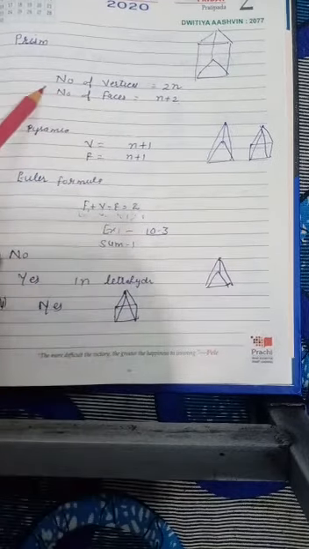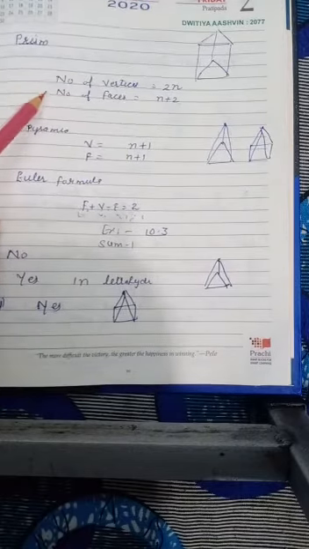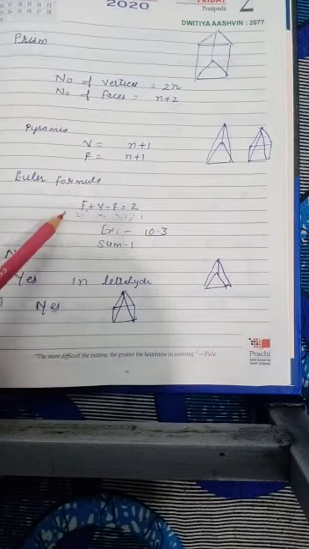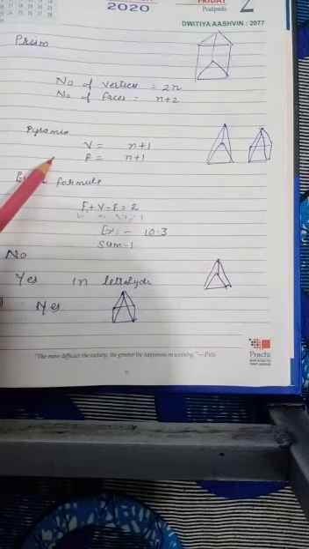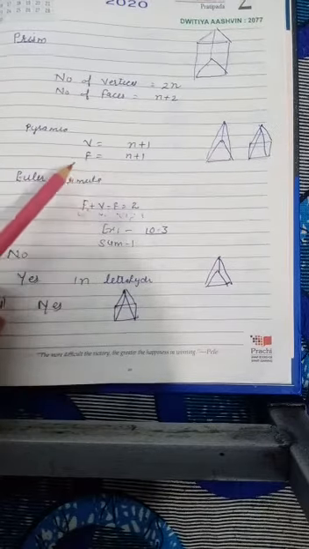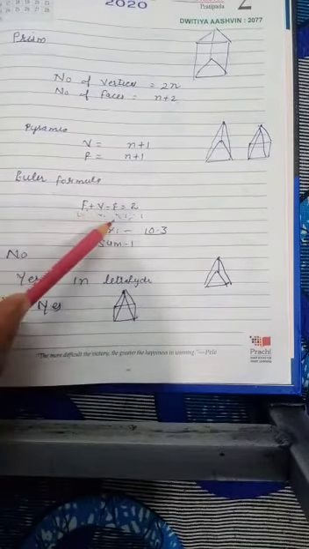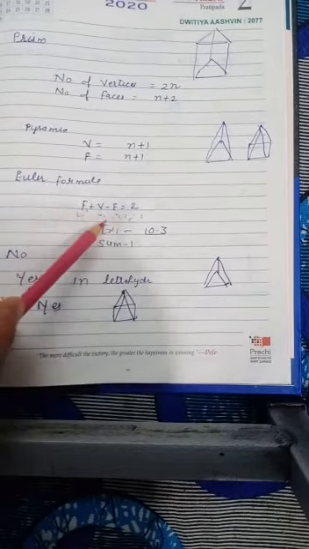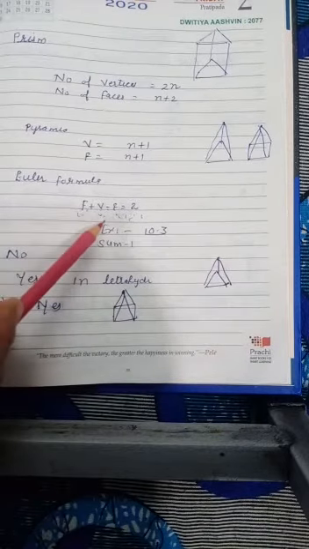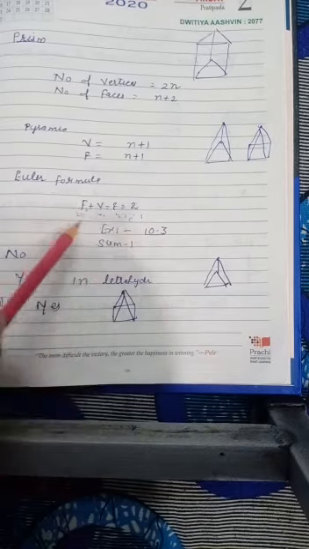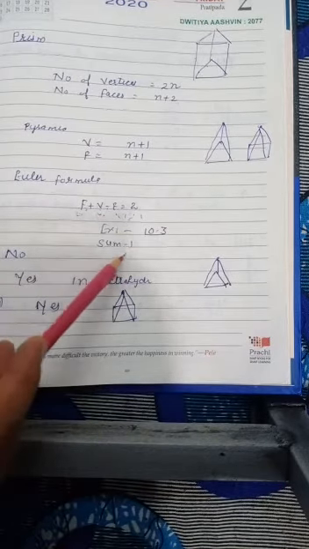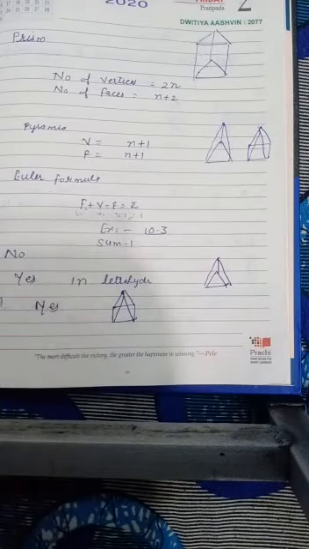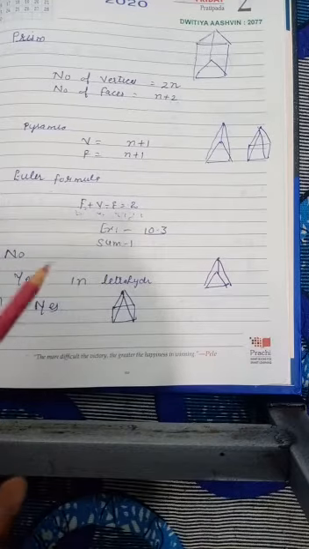As in prism, I told how to write the number of faces and the number of vertices. If you want to write edges also, by applying Euler formula you can write the number of edges. In the same way in pyramid, if you know the number of vertices and faces, you can easily write the number of edges also. If you know all three things, you can verify the relation by Euler formula: the calculation of left and right side will become equal to 2. If this is satisfied, it means Euler formula is satisfied. Okay, let's do exercise 10.3, sum first.